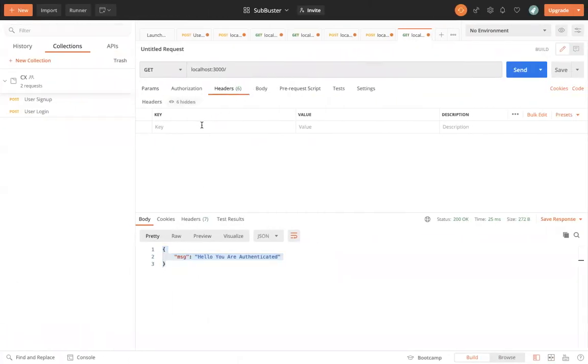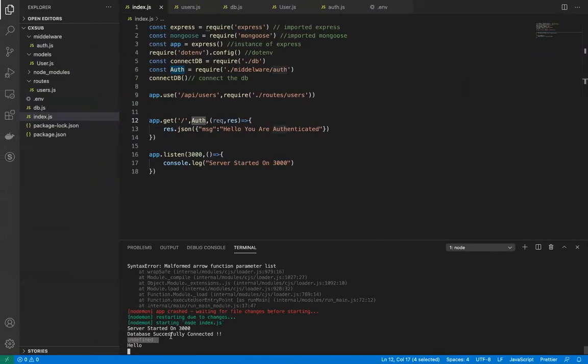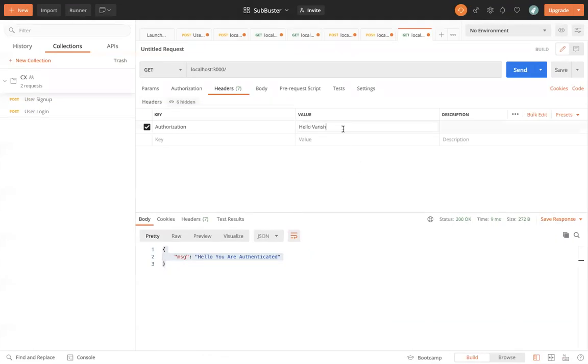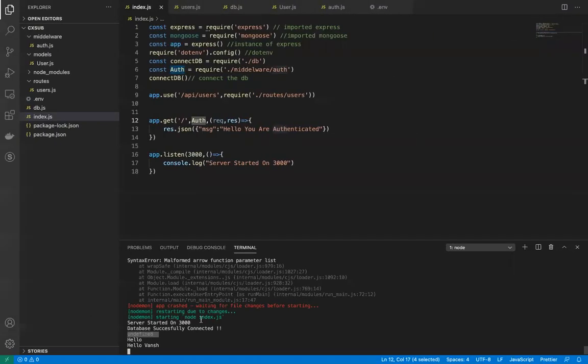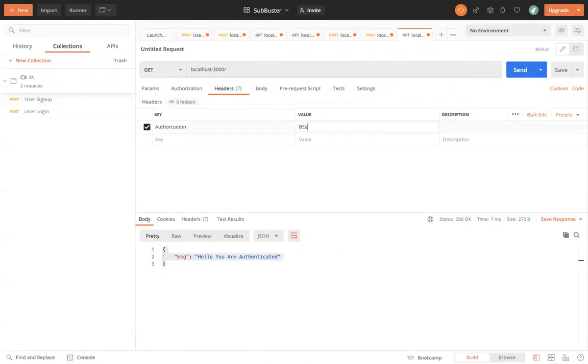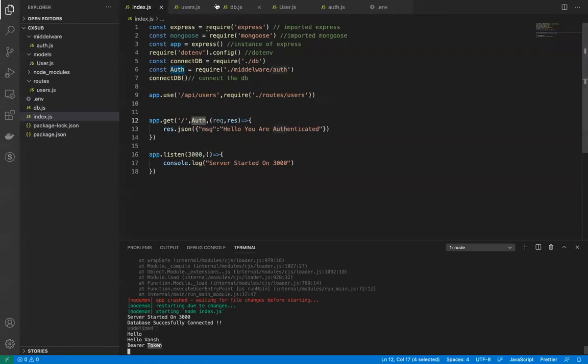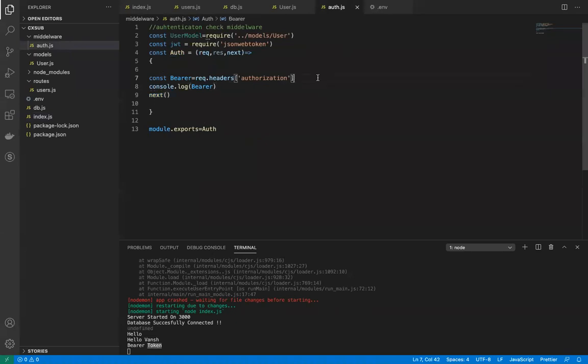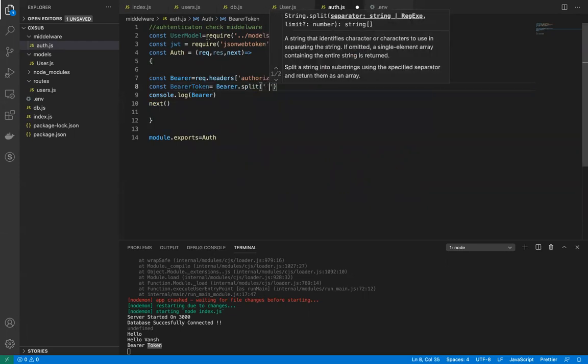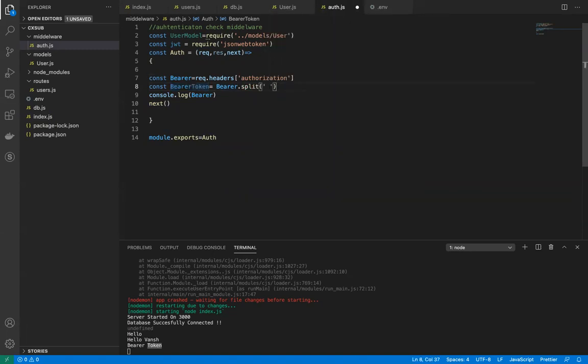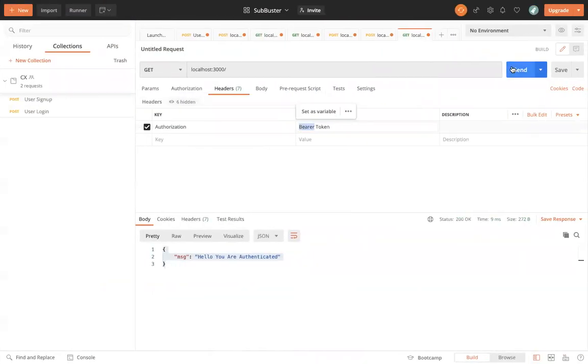But now if I go to the headers and add the authorization header with a value of hello, I get hello over here. And if I add hello Vansh, I get that as well. But generally the format looks like this: bearer, and then the token. I want to accept just the token part, and it's very simple to do. I will create a bearer token thing over here and extract the second part. I will write split, which splits this into an array, and from that array I want to access index 0, which gives me the first value only. Let me show you.